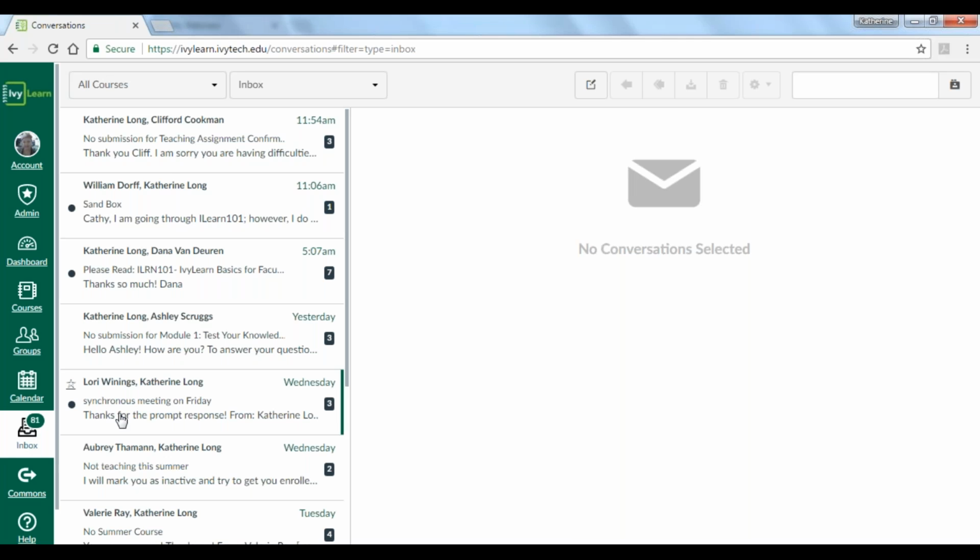There's multiple ways to do it. You can communicate with them through this forum here, which again is that inbox. You can compose a message here under the conversations, and again, this is a central way of communicating out with your students, allowing them to receive the messages that they need in a manner they wish to receive them.